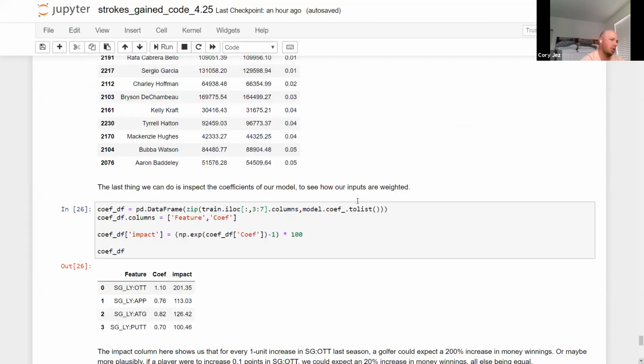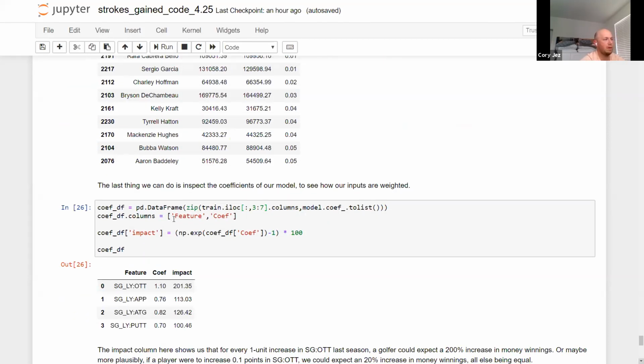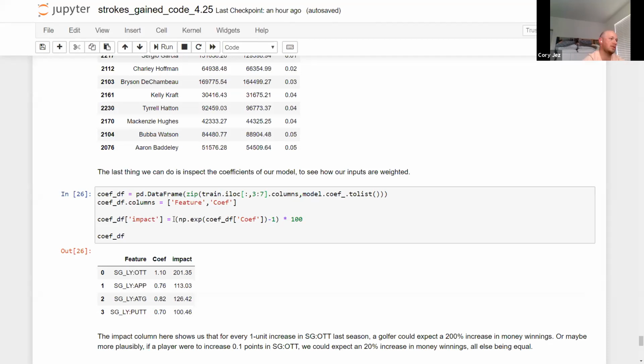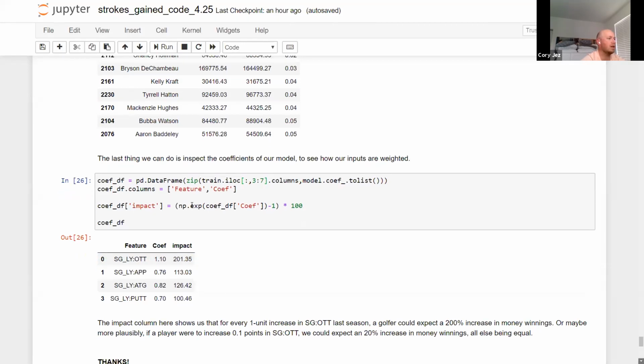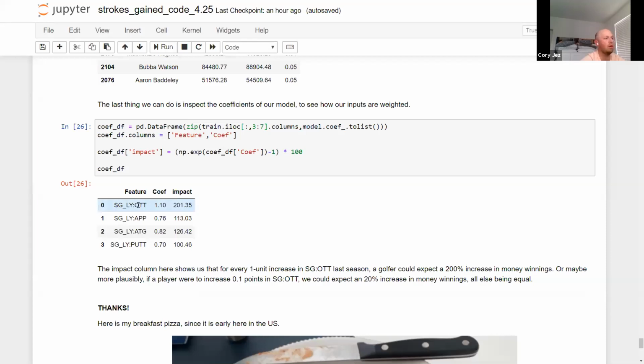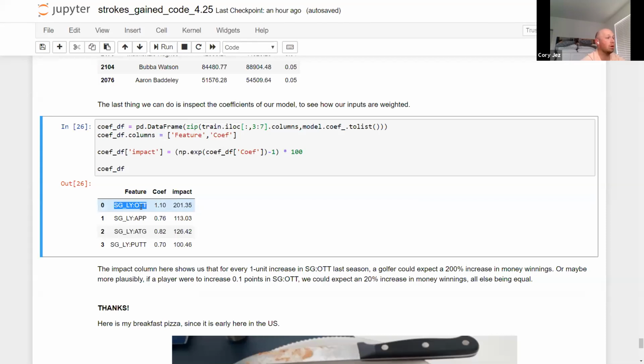And the last thing we can do is look at our coefficients. So we do have to exponentiate our coefficients, since we run a log transformed output, to get the impact. And this kind of just reconfirms what we said at the beginning, that driving off the tee here is way more important. Its coefficient, its impact here is almost twice that of any other